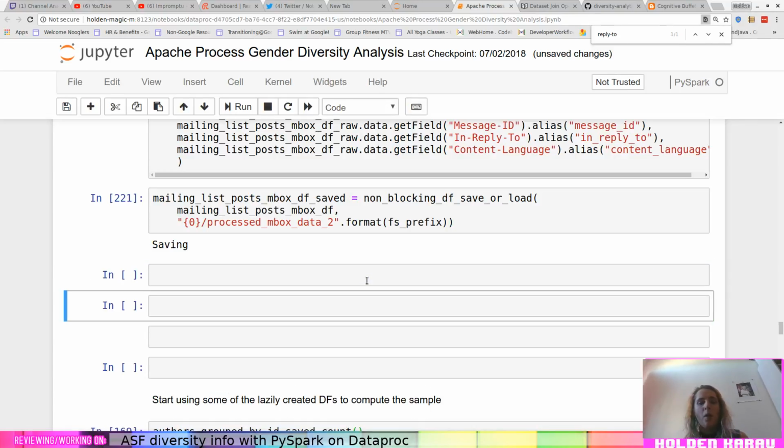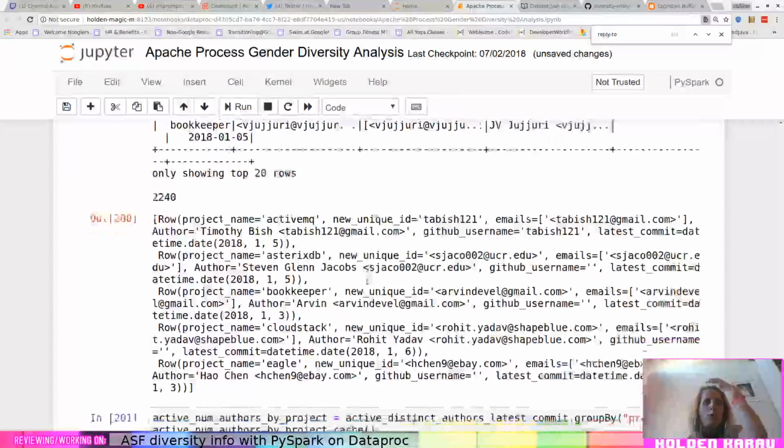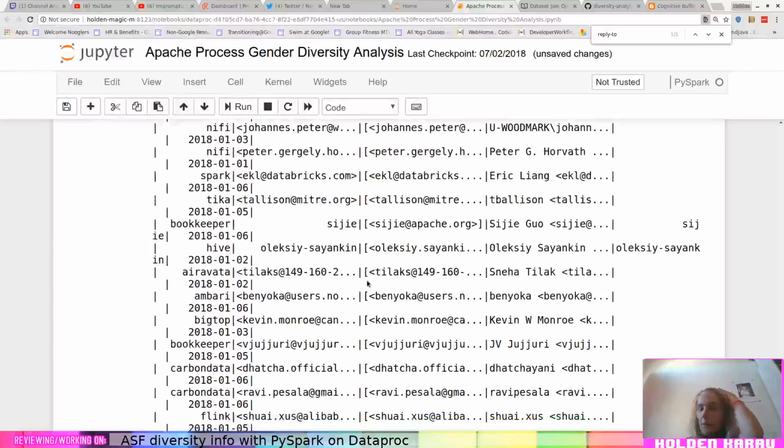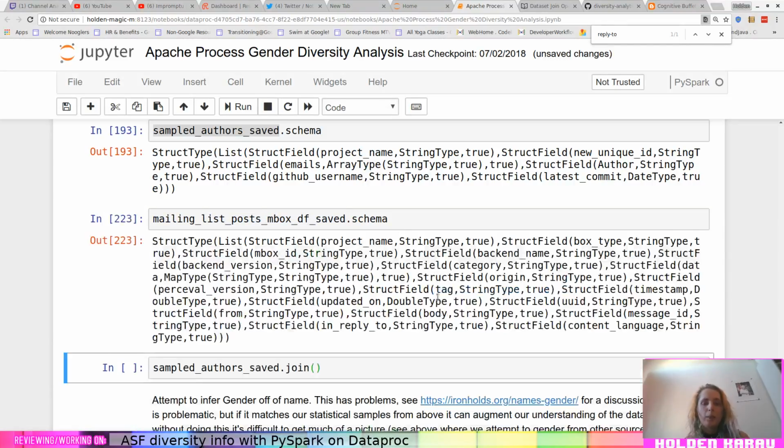Okay. So we're going to go all the way back down to the bottom where we were doing our fun adventures. We have our sampled author data, and the sampled author data isn't pulled from the mailing list, it's pulled from GitHub. So the fact that I changed the mailing list data frame we don't have to worry about, but we'll go ahead. We'll get this schema. And so we're going to start with just trying to find all of the mailing list posts that any of our sampled authors have written. That seems like a good idea.